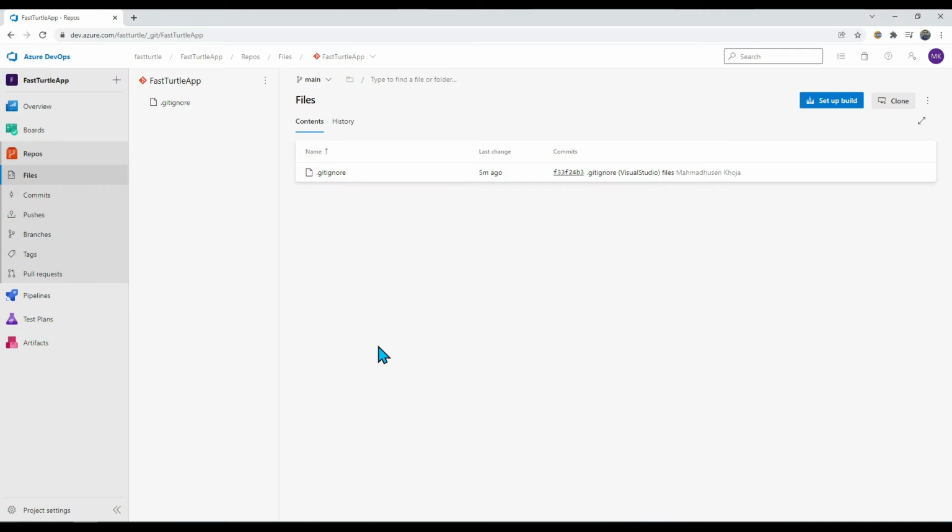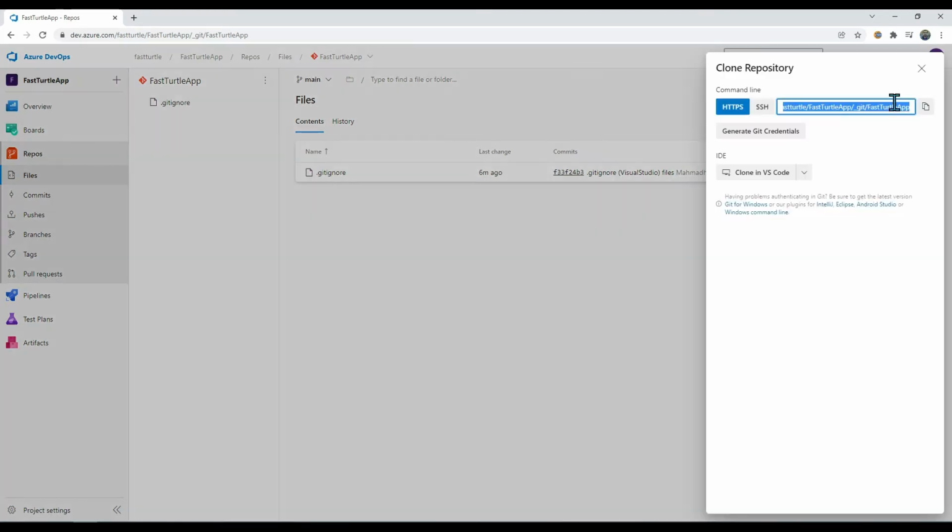So let us first clone this repo. Here on the repo, when you are in your organization and you create a repo, it should select the project which you have created. Now here you can see a clone button. You can click on the clone button and it will give you the URL so that you can clone it. So let us copy. If you are using VS Code, then you can directly clone it in VS Code, but I'm going to utilize Visual Studio 2019. Let me start Visual Studio 2019 and show you how we can clone this repository.